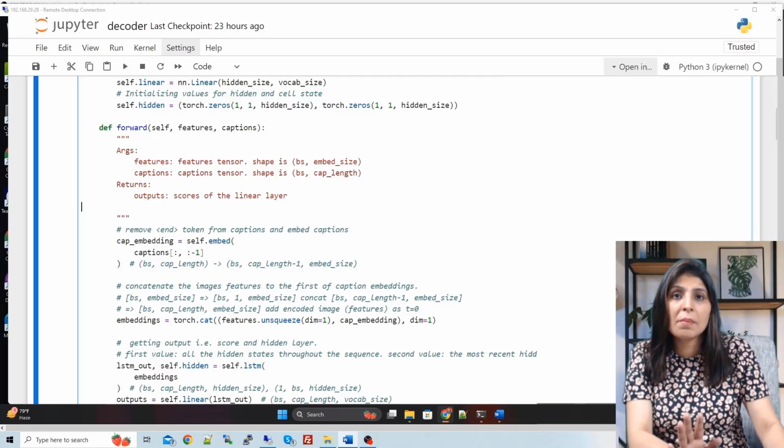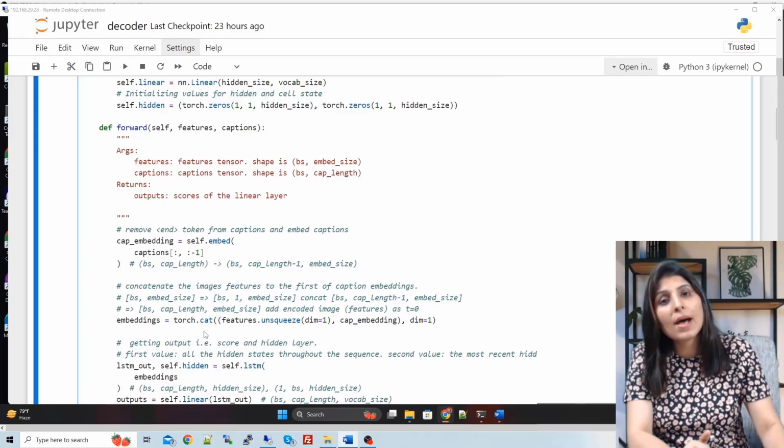Why we are reshaping it? Because we want it to match the dimension of the caption. Then once the dimensions are the same as the caption embedding, we will concatenate both of them.